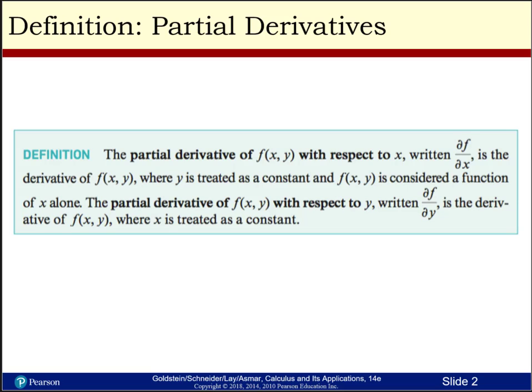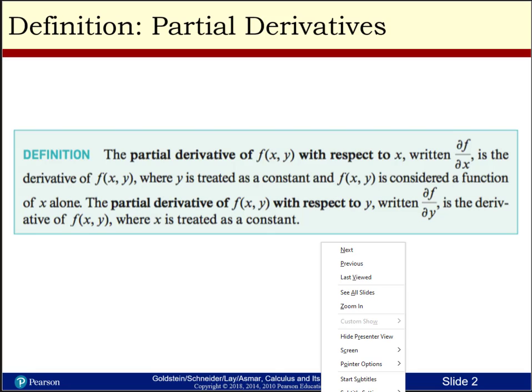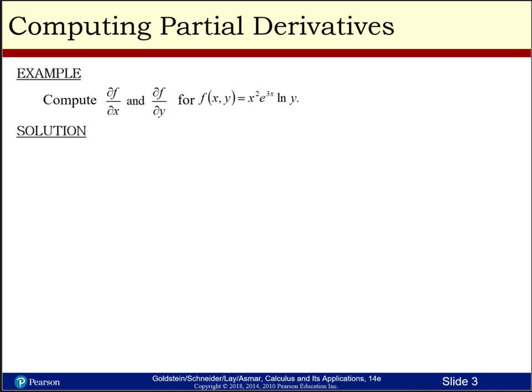The partial derivative of f of xy with respect to y is written as the partial of f with respect to y and is the derivative of f of xy where x is treated as a constant. So we're going to do an example. Let's compute the partial of f with respect to x, and then we'll show how to compute the partial